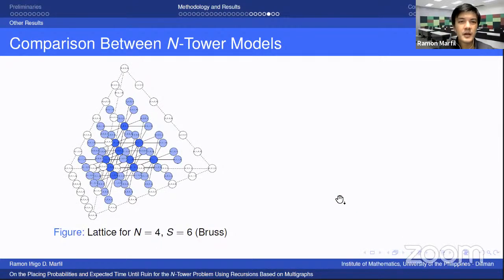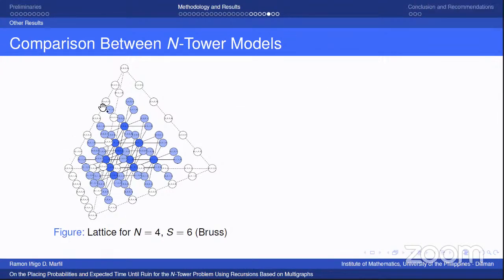And we also compare between N-tower models and how expensive, yung cost na tinutukoy natin dito ay yung number of operations involved in setting up or in solving the linear system. Okay? So in this case, for n equal to 4 and s equal to 6, yung model ni Bros, kung yun yung gagamitin natin, we will have this tetrahedral lattice for n equal to 4. So ito yung lattice natin,